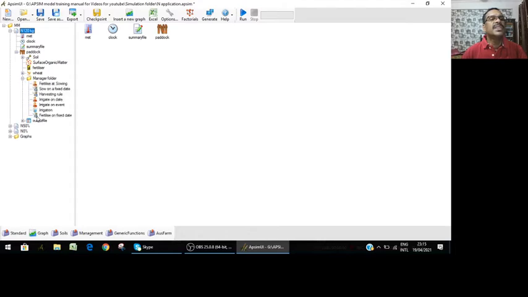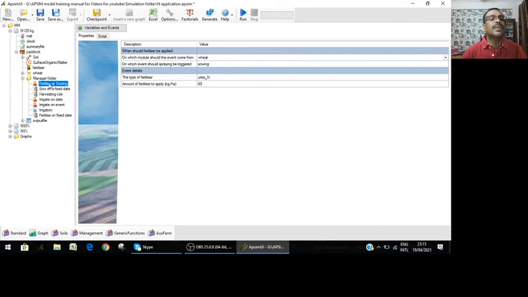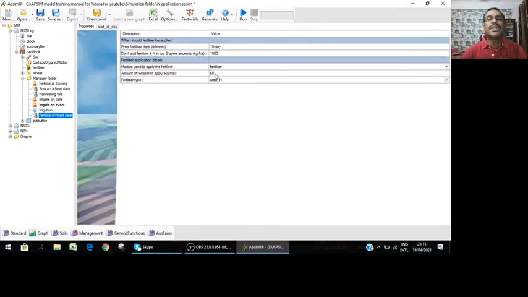Only thing is that I changed a little bit. Last time I wanted to show you the simulation, so I applied 120 kg of nitrogen at the same time. But this time I applied 50% of nitrogen, not 50 kg, that is 60 kg of nitrogen at the time of sowing. Then another 60 kg after 20 to 25 days after sowing, coinciding with the crown root initiation phase. So I made it two stages of nitrogen application.